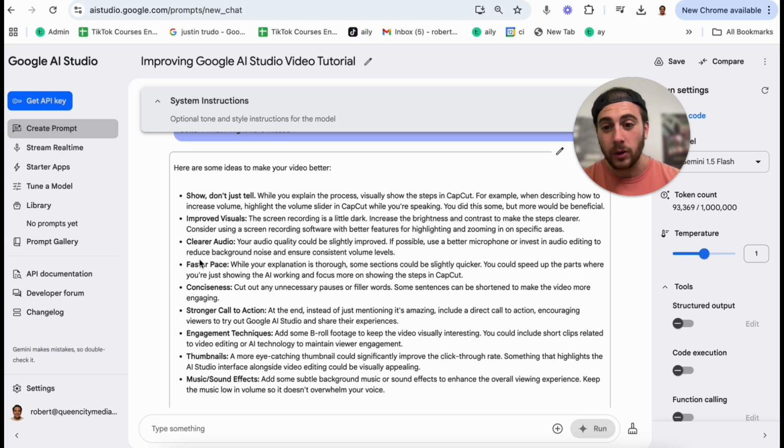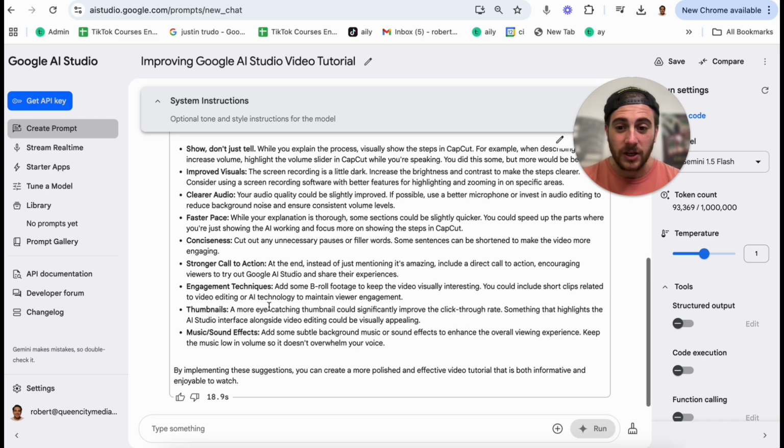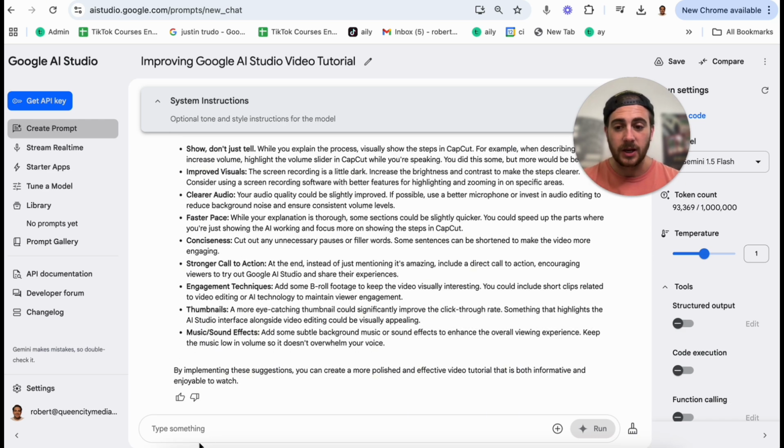I can make the audio clearer. I can make it be a faster pace. So they said that there are some areas that just aren't that fast. I can make it more concise, stronger call to action, and then a bunch of other things that I could do here. Now, if I wanted to double down on one of these, for example, faster pace, I should say,